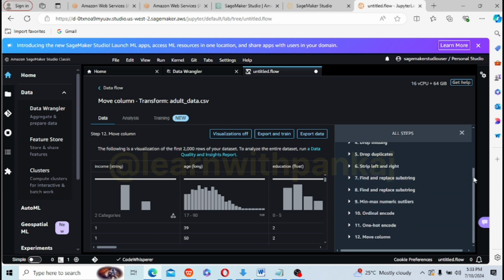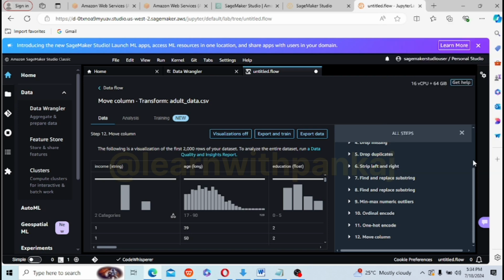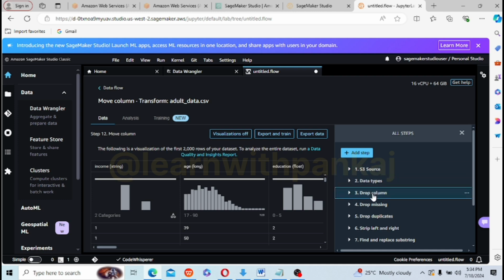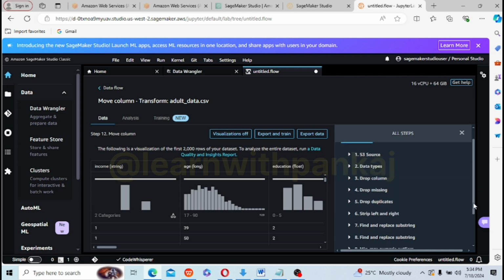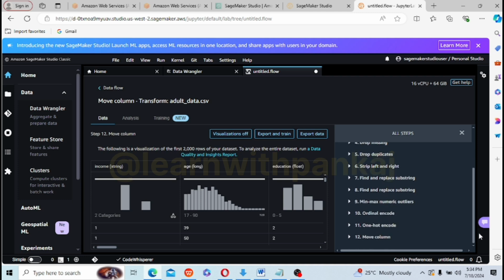How many transformations have we seen so far? I will be giving the step-by-step guide for this, guys. Drop columns, drop duplicates, drop missing, string left to right, find and replace substrings, minimum and maximum numerical outliers, ordinal encoding, one-hot encoding, and moving the column to the first. All these transformations we have done so far.